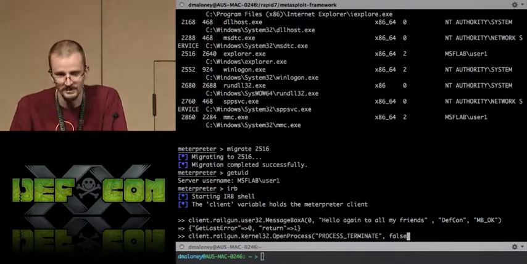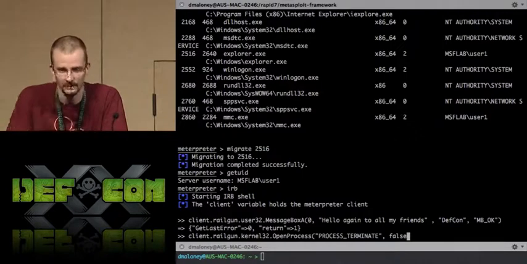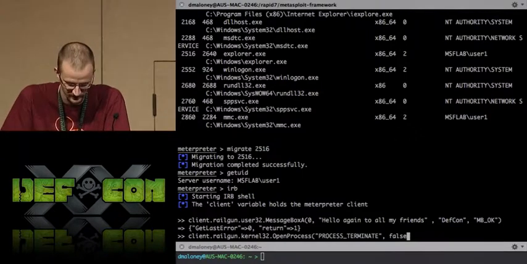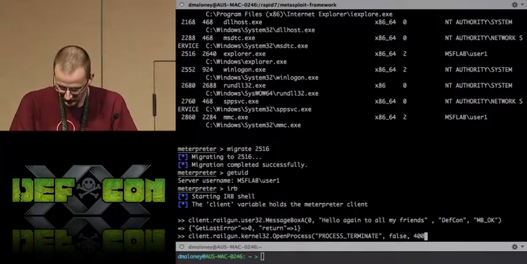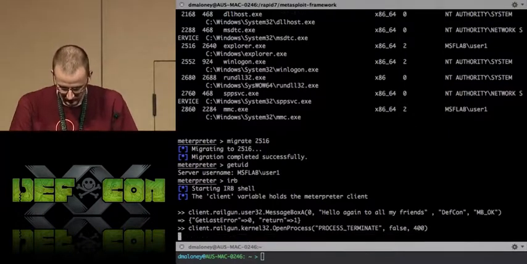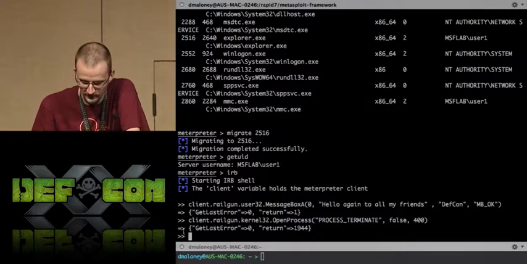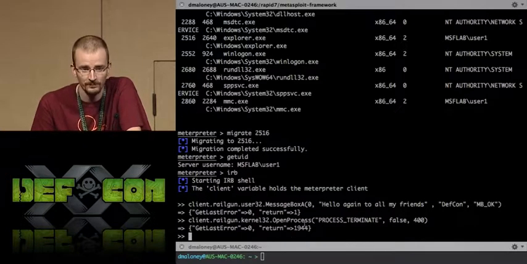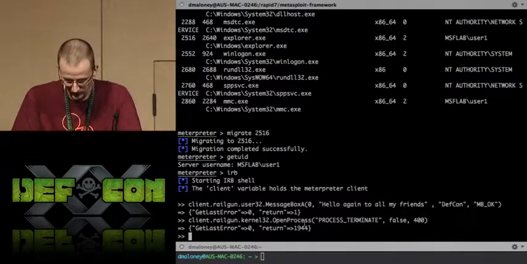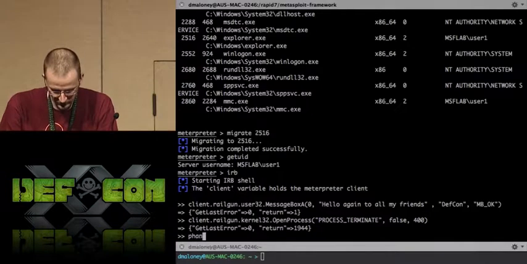False here just has to do with handle inheritance and process manipulation. It's really not important for this particular demo. And then we pass it the PID. And you can see here, this is the return hash I was talking about. We know it worked because our GetLastError is 0, and that number is actually the representation of the handle. So I'm just going to shove that return value into a variable here,